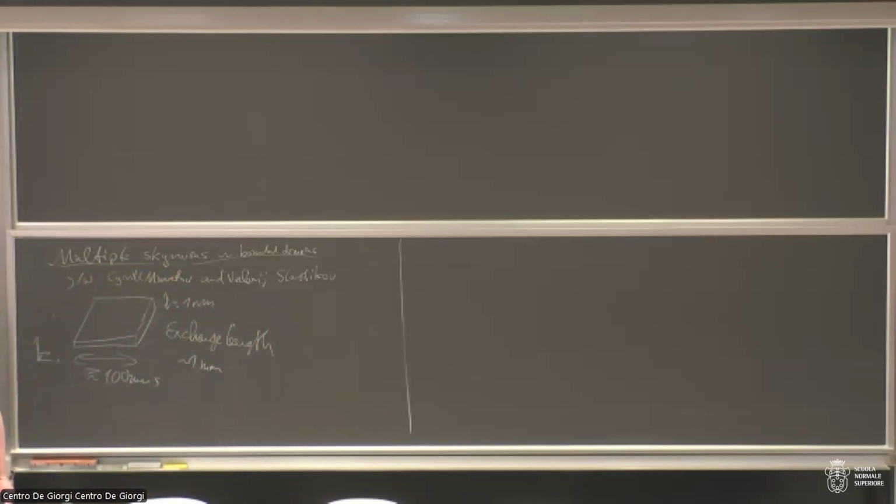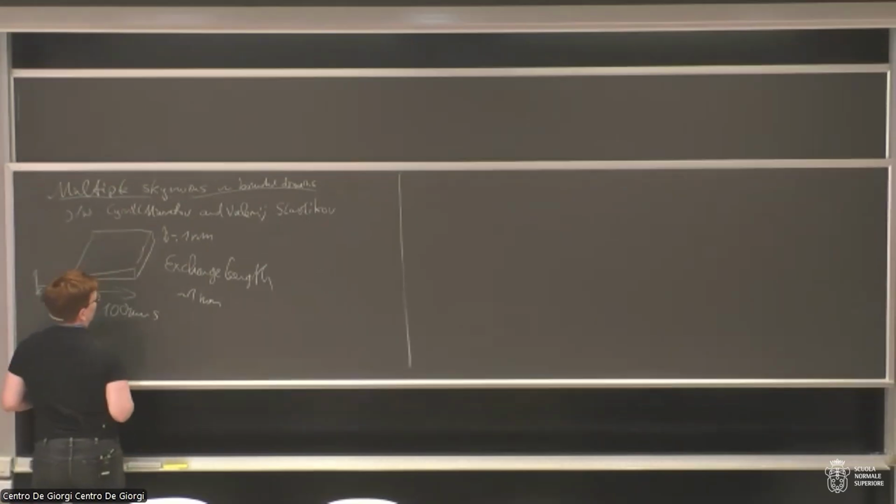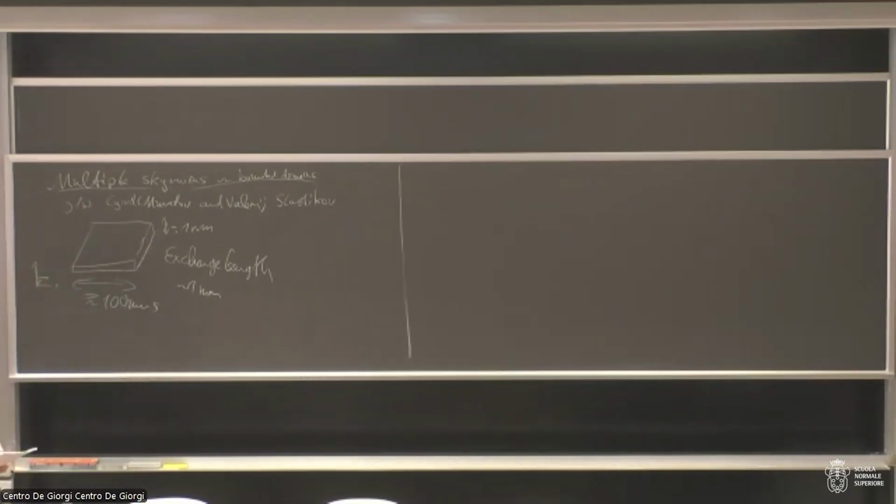The exchange length is the length below which the magnetization likes to be constant. So just from comparing these numbers, you'd like to assume that your magnetization is constant in the in-plane direction. In the out of